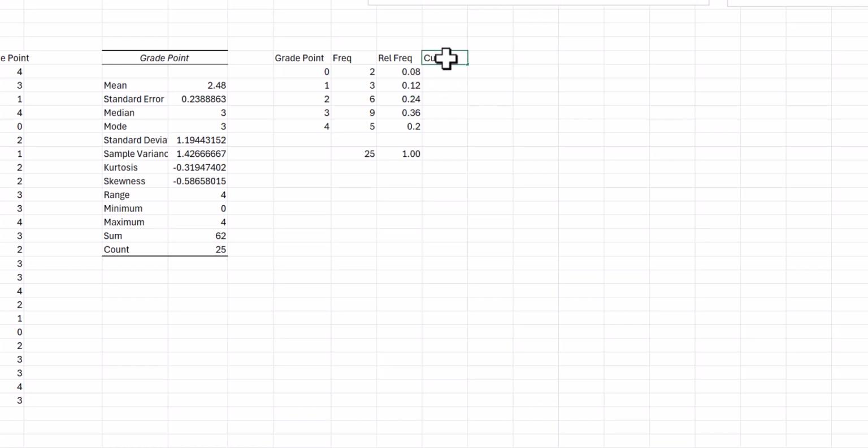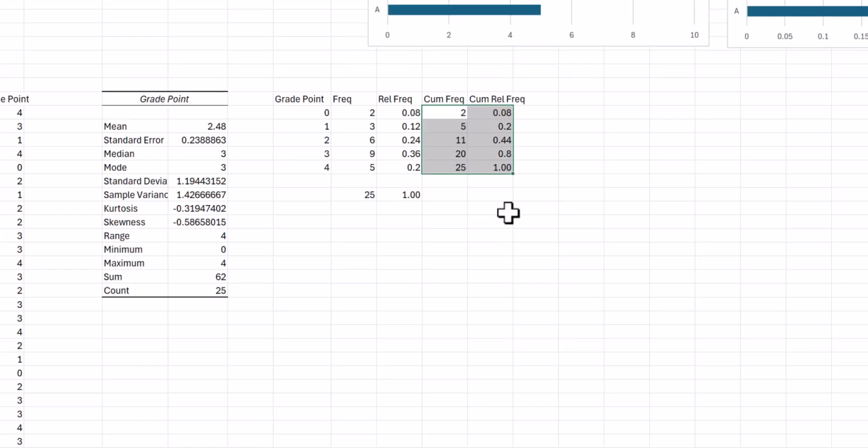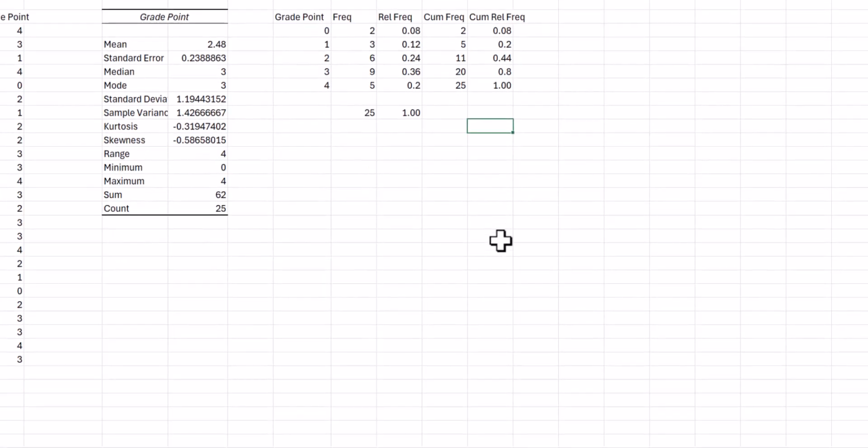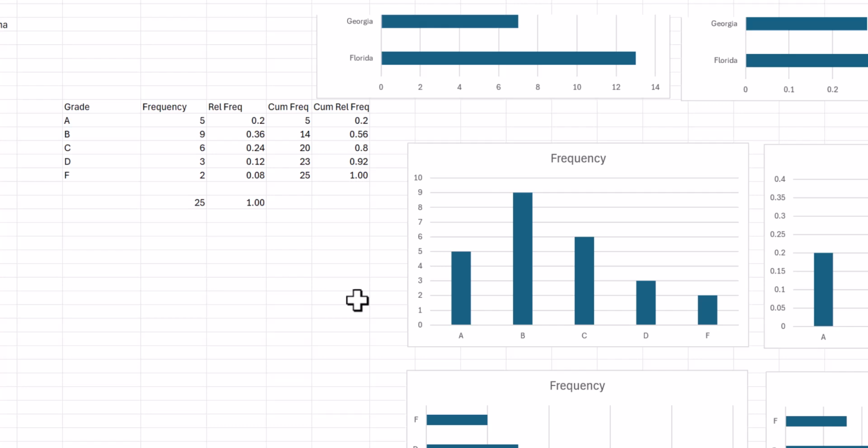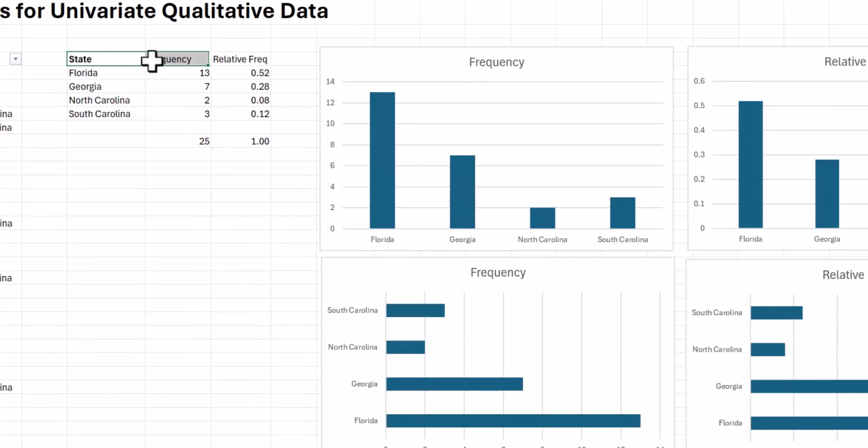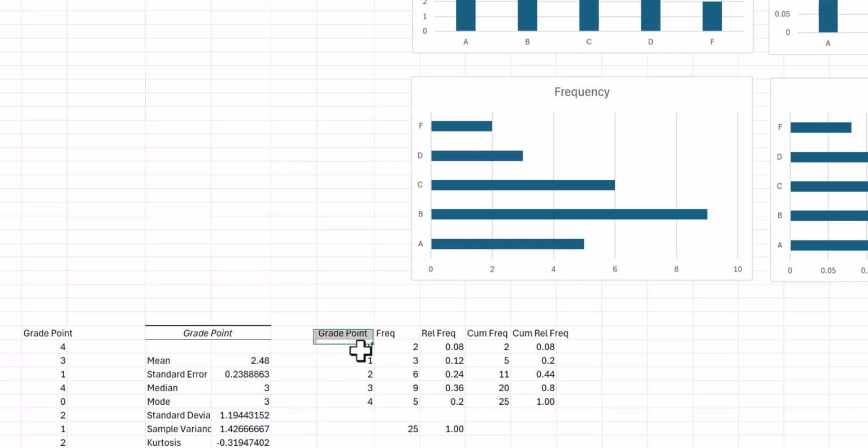We can do cumulative frequency, and from here we can draw some charts. We can do a frequency chart. Now we have to be careful. Over here, when we selected these two columns like this and said insert a column chart, it gave me this column chart. Here, because these are numbers, if I select these two and say create a column chart, it will